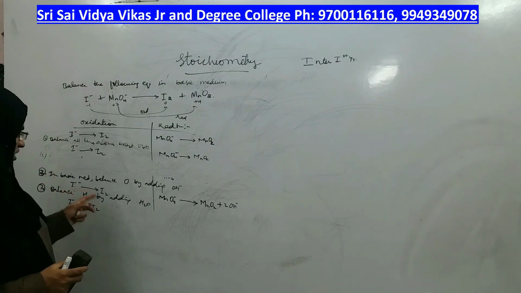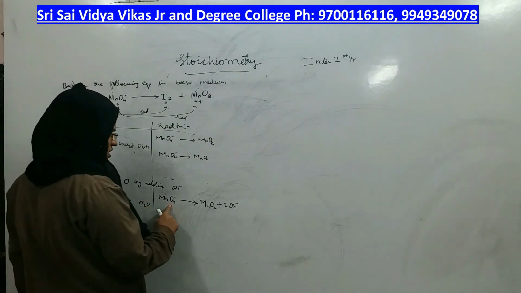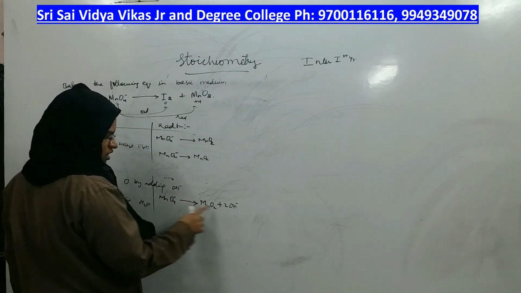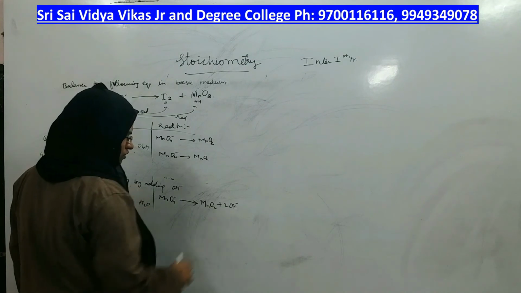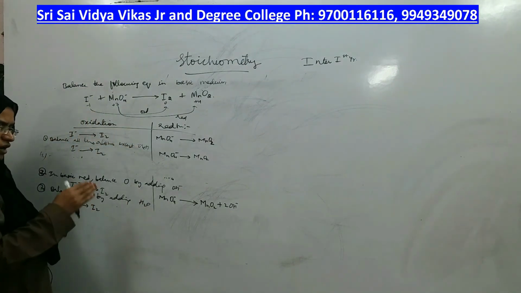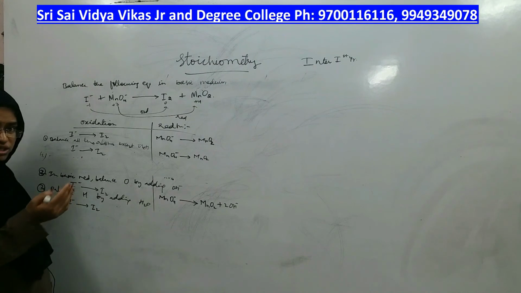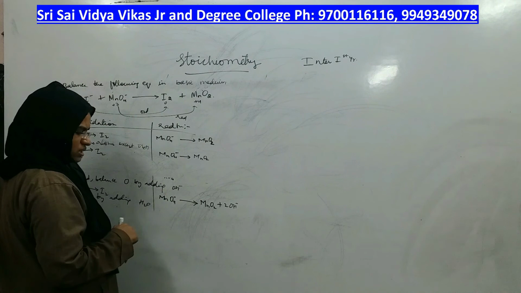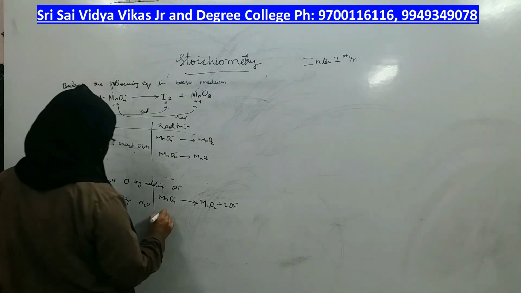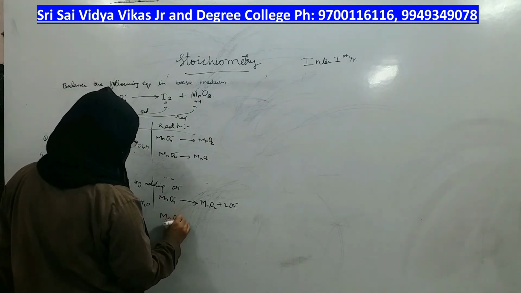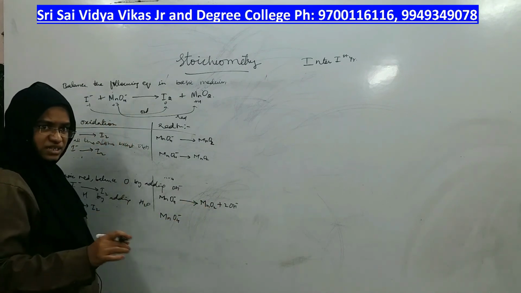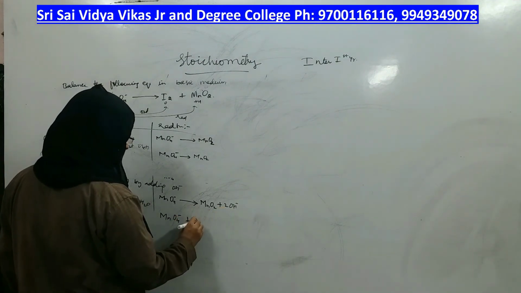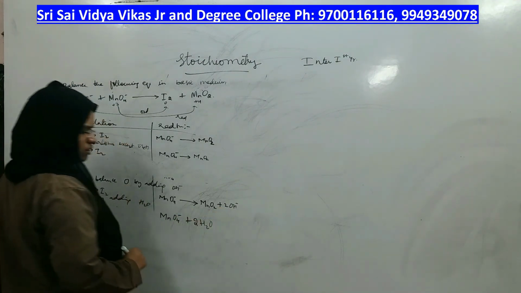So what we have done in the second step, we have balanced the oxygens by adding the required number of OH minus ions. As there were 4 oxygens here, we have added 2 OH minus to make both of them equal, right? But now after doing that, what is happening? Hydrogens are not getting balanced. Here you have 2 hydrogens, but here there are no hydrogens at all. Let us balance that first. How to balance hydrogens? However many hydrogens are less, that many water molecules should be added in a basic medium. So as 2 hydrogens are less, we will add 2 water molecules.